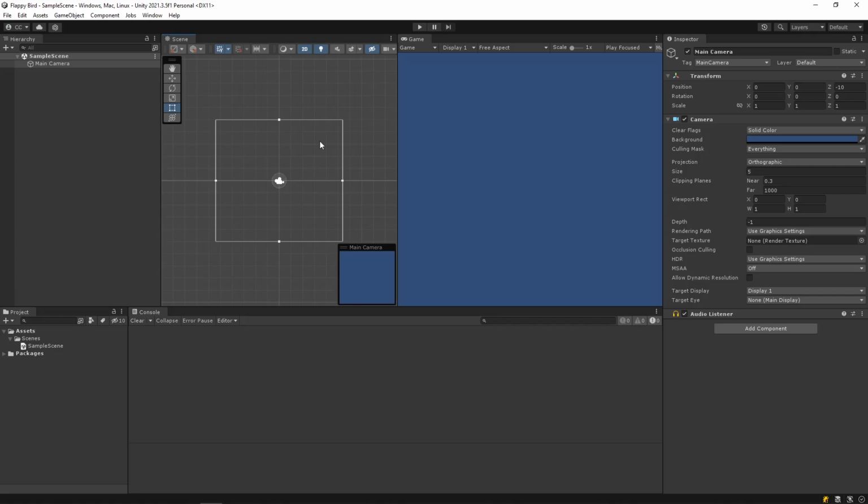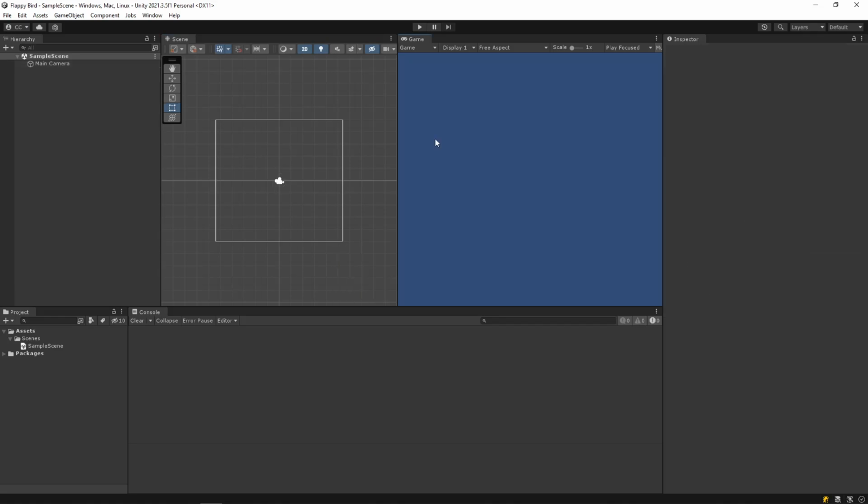Then there's the game view, which is the really good thing about Unity. You can create your level, and whenever you click this play button, the game will turn on. It will start playing right there in the editor, and that's what this window is for. It'll show us the player's view of the game. It'll show us the character, and while we click on this window, we'll be able to press WASD to move around and all that good stuff.